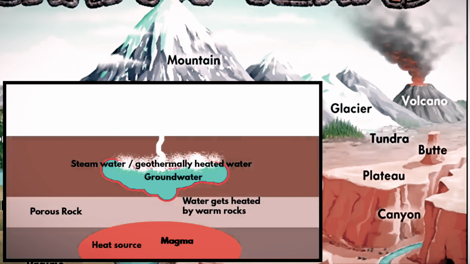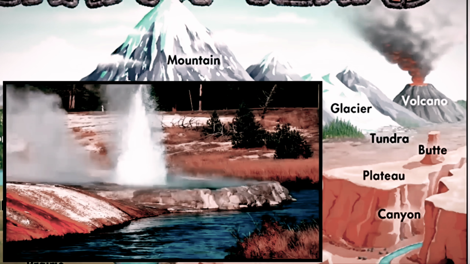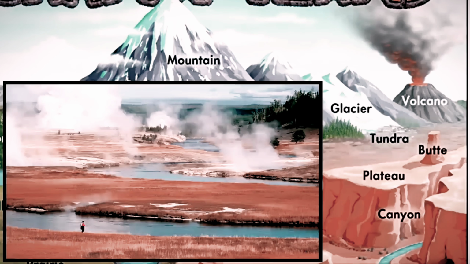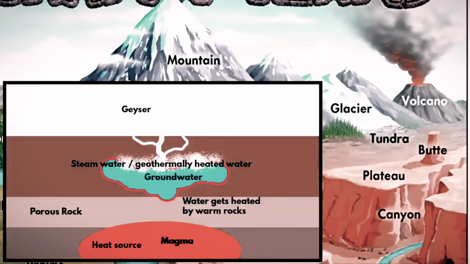It then rises towards the surface by the process of convection. And this warm water comes out of the surface through porous and fractured rocks. You will find many geysers around the world located near rivers, because that is where the groundwater is adequate. If you want to trace the source of these geysers, you will have to go deep into the Earth's crust,